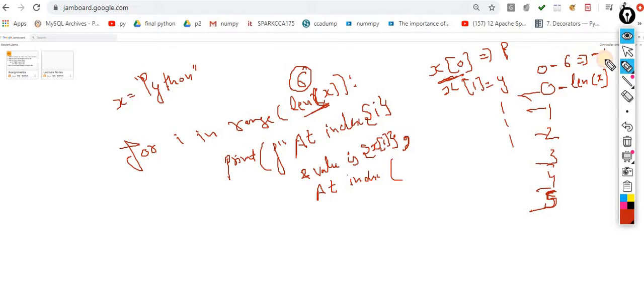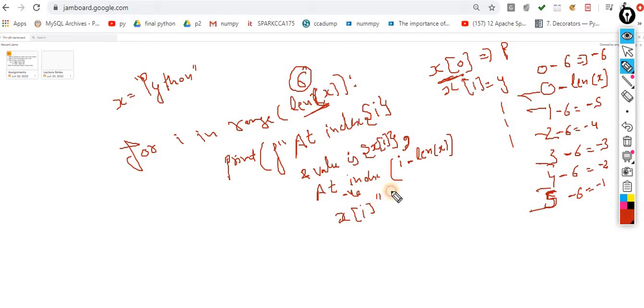So 0 minus 6 is -6, 1 minus 6 is -5, 2 minus 6 is -4, 3 minus 6 is -3, then -2, then -1. So what I have to do is i minus len of x. That's it. At negative index, print i minus len of x, and the value is again x of i.